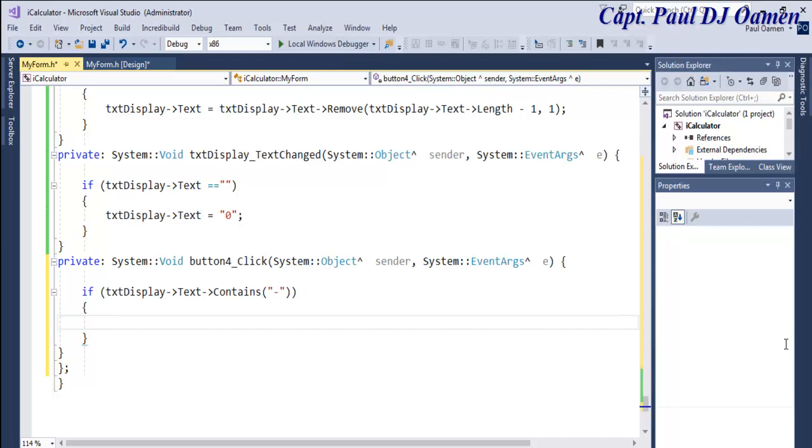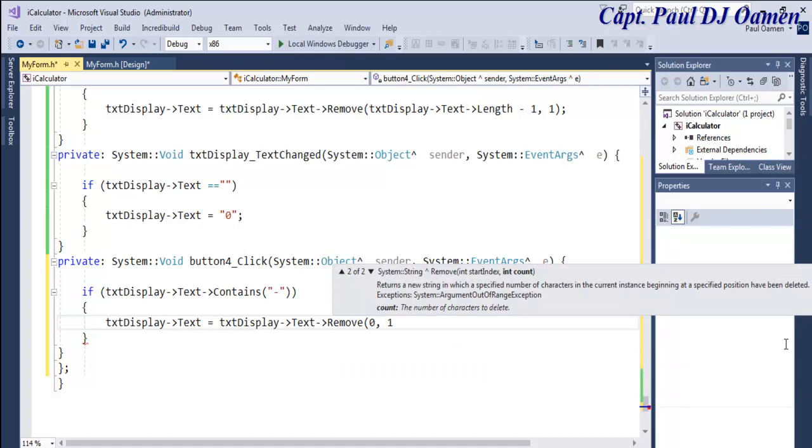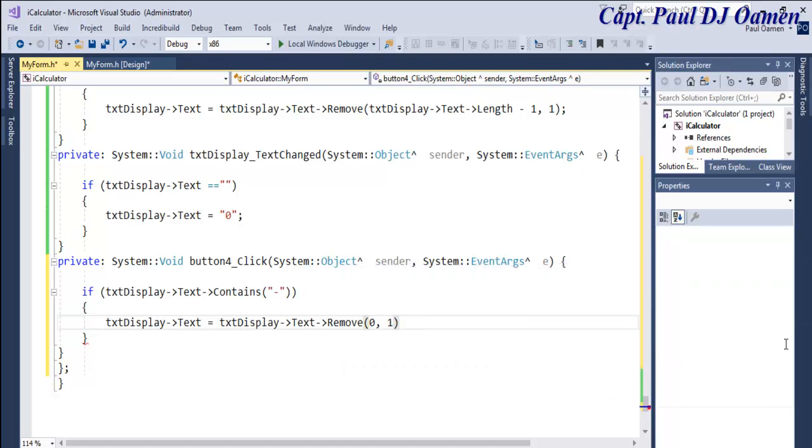Now txt display equals txt display, and we also want it to remove whatever we have in there. So I'm just going to copy this, paste it in here, and that will be remove 0, 1. Okay, else